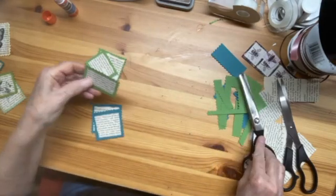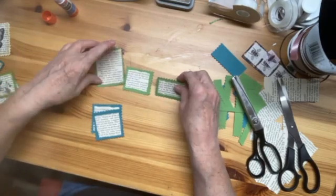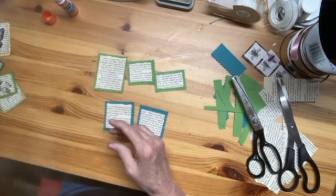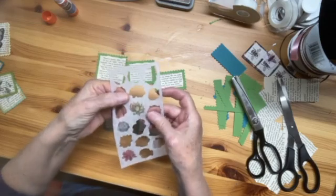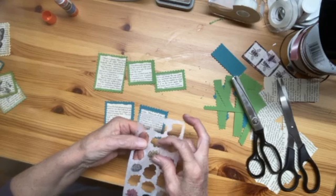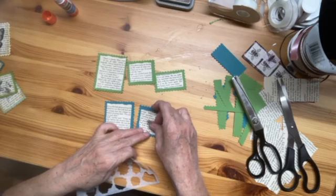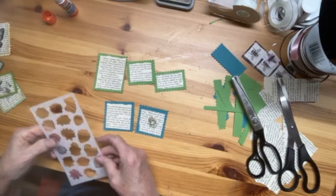Okay, I got these cut out. So now it's time to decorate these little faux stamps. And I have with me just some little stickers. These are like little cactus or something. I think I've just got to use these. I don't really have anything else right now. So I just decorate with stickers or whatever. You don't have to use stickers, but